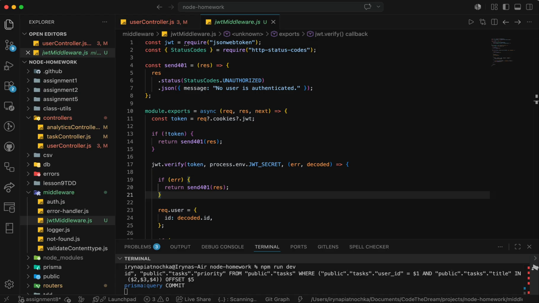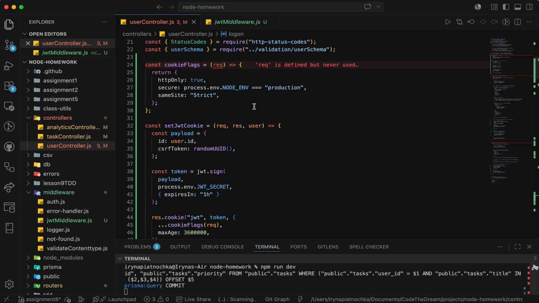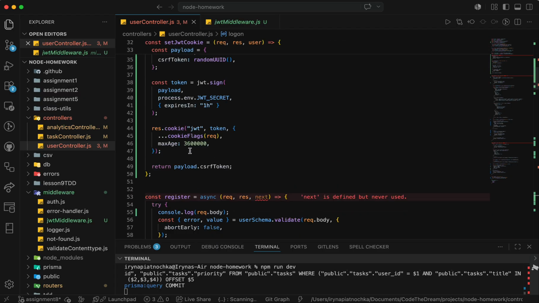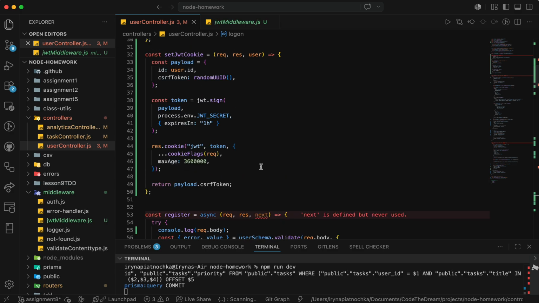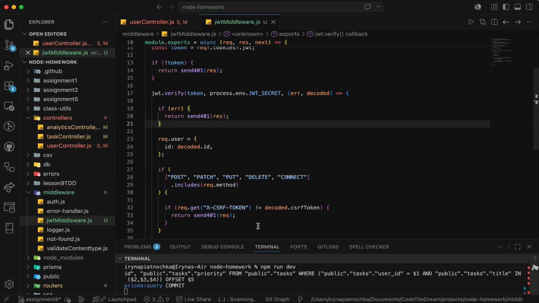CSRF protection. So we can go back to this file. It's this line 35 demonstrating it. So my application protects against cross-site request forgery attacks. A random CSRF token is generated and stored inside the JWT payload during